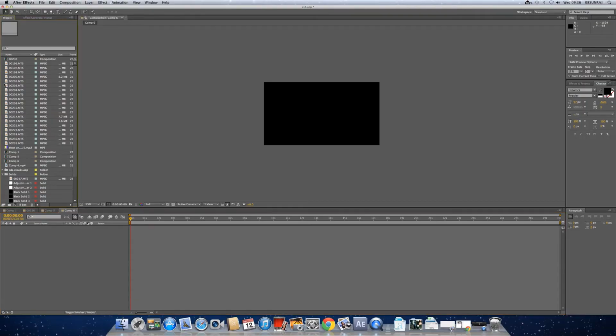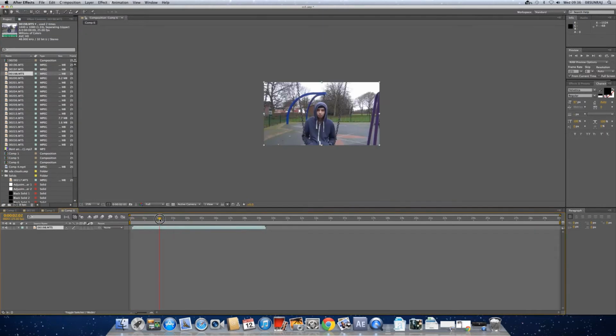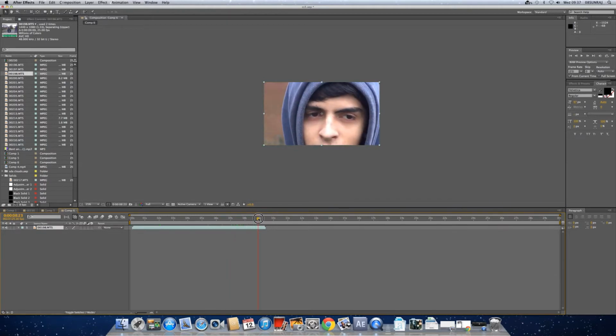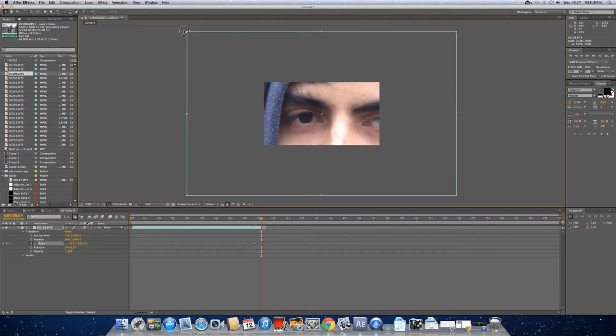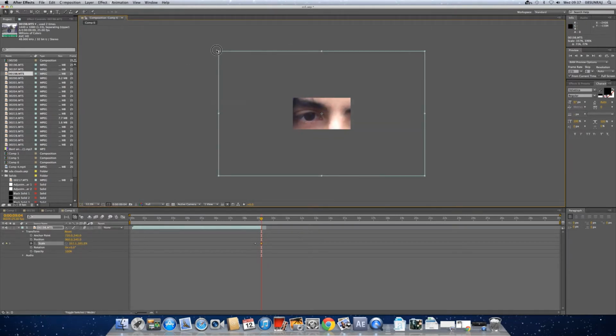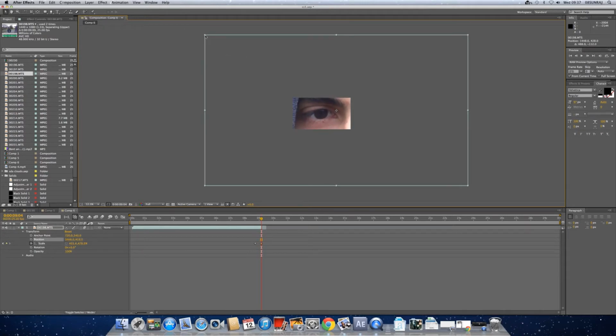This video shows you how we created our eye transition. First, we placed our first scene. Our first scene was the camera zooming into the actor's eyes. We then went onto the timeline and stopped where we wanted the zoom in. So we zoomed in about 3/4 in, and then we went on to scale, which makes the clip bigger or smaller, and we used the keyframe option, which changes the size whenever we want it to.